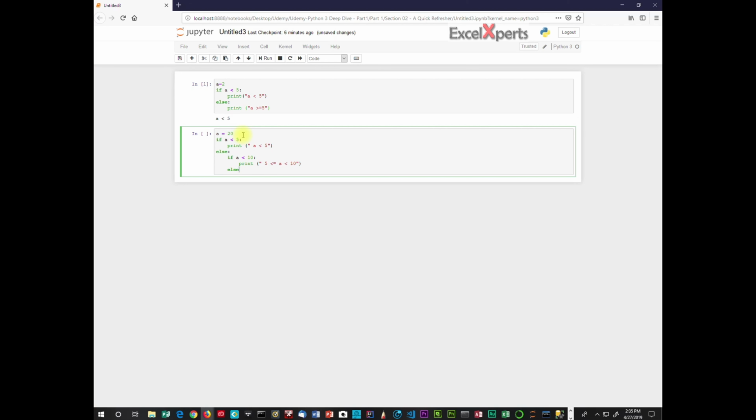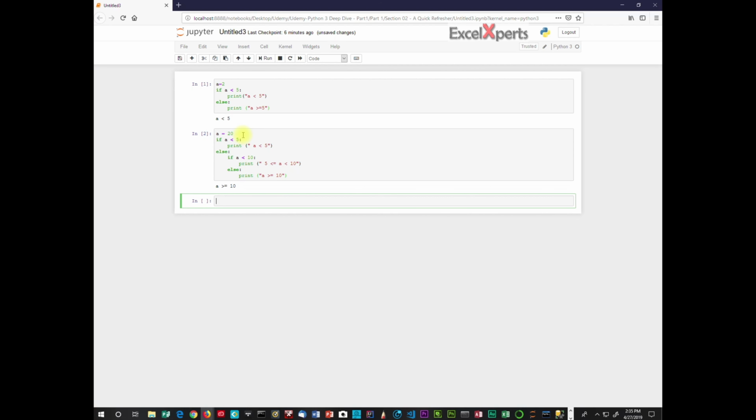Else, notice where we have the else statement, the indentation, as I said, is critical. Print "a is greater than equal to 10". Let's run that. So a is greater than equal to 10, which is correct. Awesome. But if you notice, that's rather wordy and awkward, and there's a much easier way to do the same